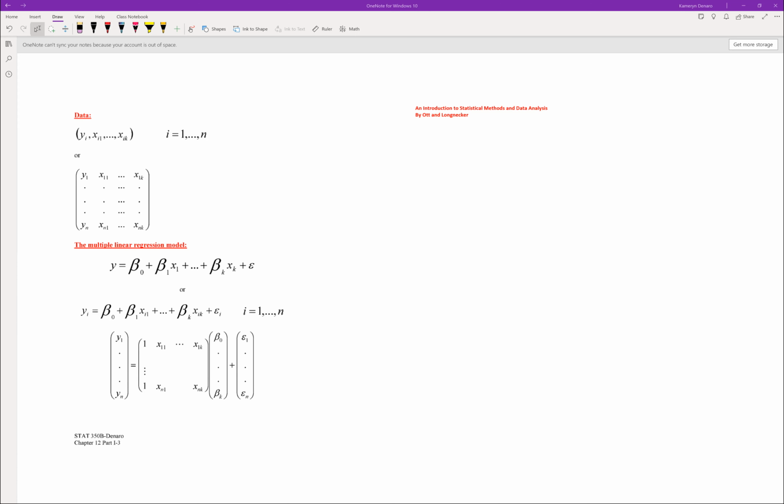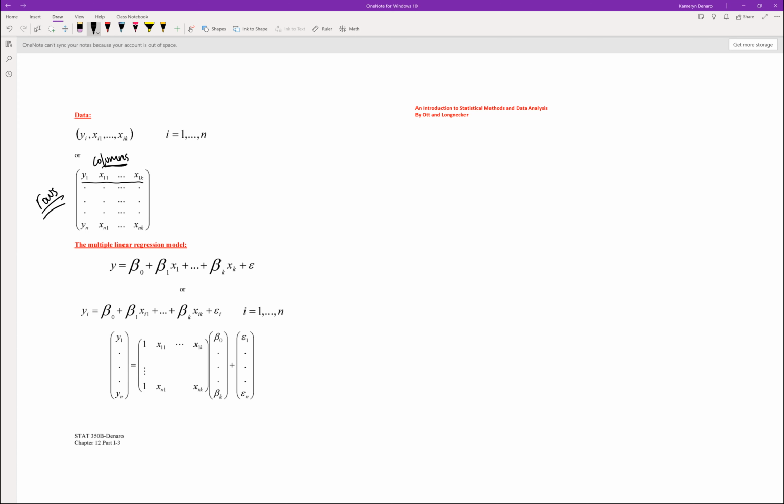So we can set this up in matrix form. So every row in this case represents one person in our study, right? And every column represents a different variable. So the rows here represent the different people or things that we're studying, and the columns represent the different variables